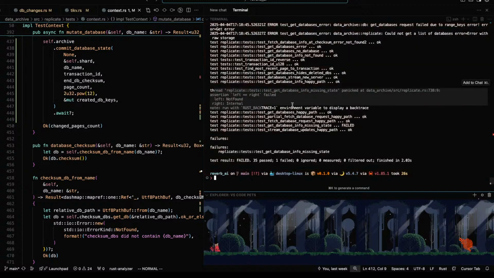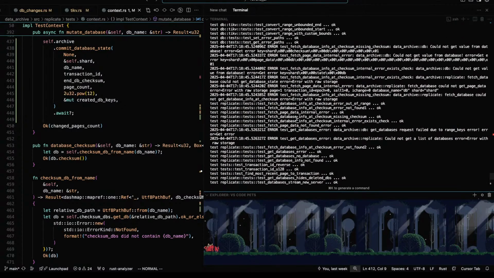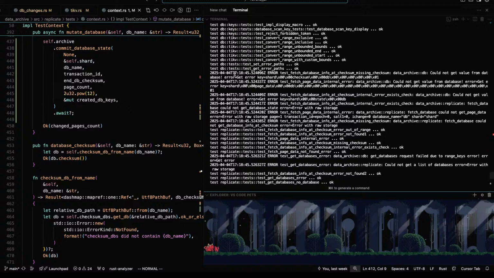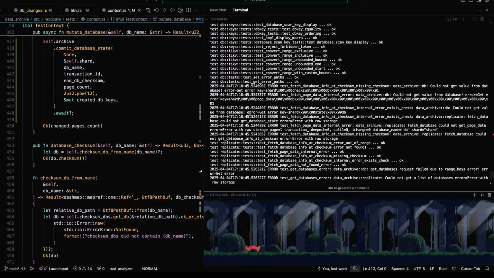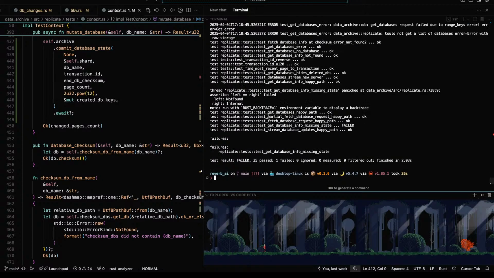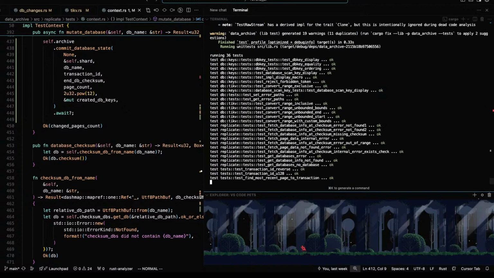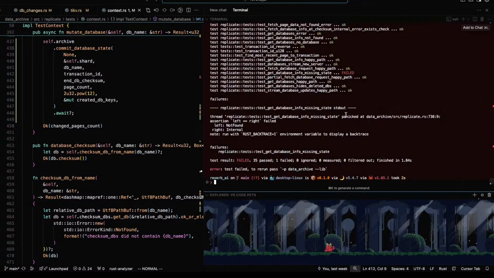Not found an internal. Okay. And let's try this again. One failed. Get database info missing state.